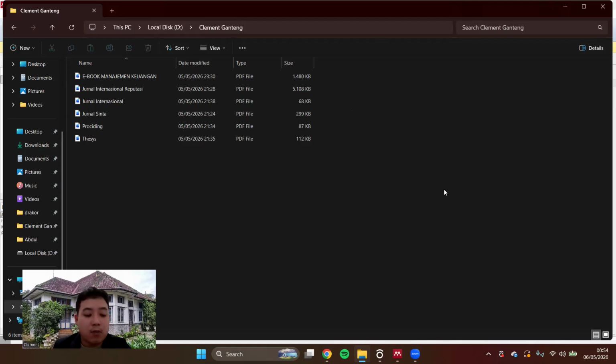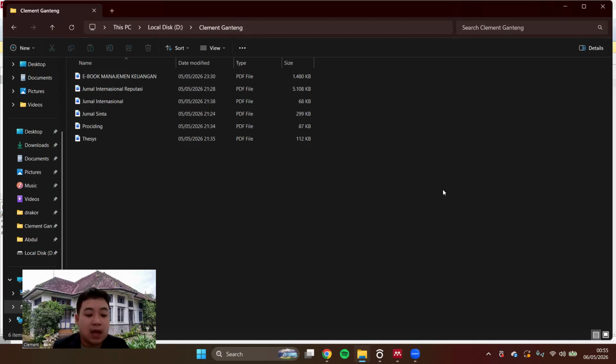Next, I will demonstrate how to add these files to Mendeley automatically, but we'll do it one by one to ensure the accuracy of the data. I'm going to show you the standard way to add journal references using the add files menu. This method is highly recommended so we can select our files more precisely.